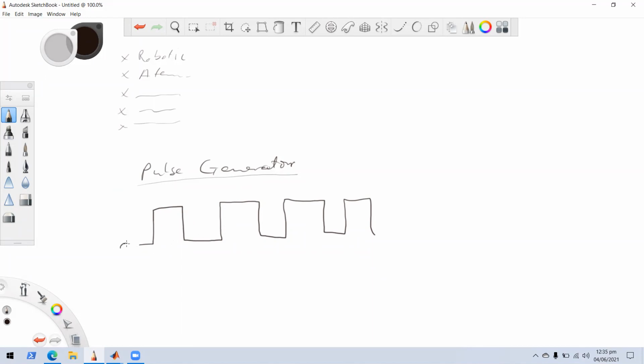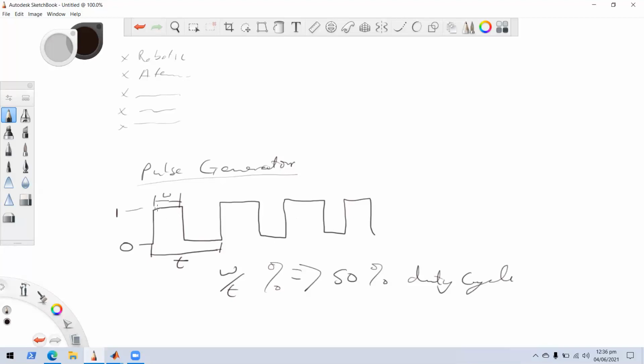So here would be 0, and it pulses up to some particular amplitude like 1. So it'd be 0, pulse up to 1, 0, pulse up to 1, 0, pulse up to 1. And it will have some defined period t, and here would be some kind of width, based on the value of t. So it'll be W divided by t, but expressed as a percentage. So something like a 50% duty cycle